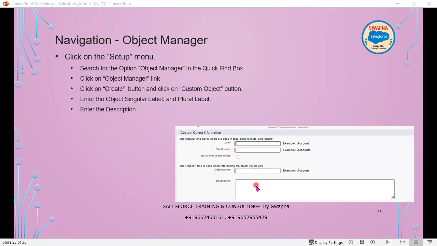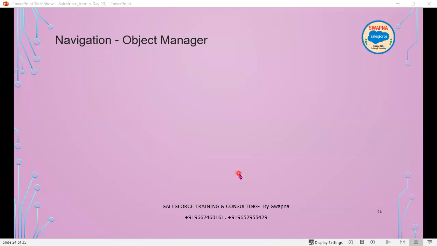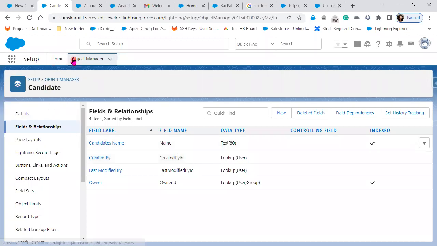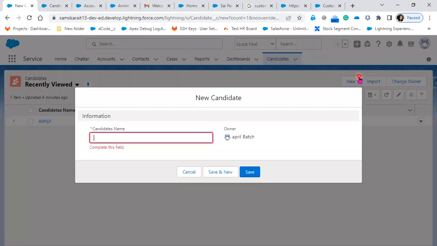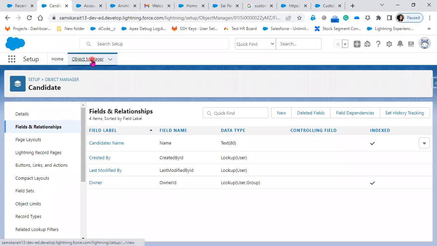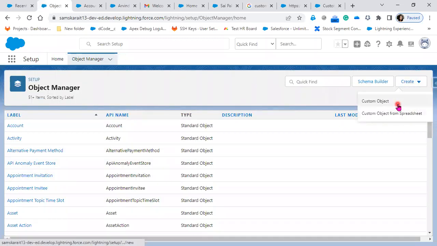So these are the details you will give. Then you will give the description, and here the object name, which is the API name, is automatically displayed. Once you create it, now let's understand the optional features section that we have in the object whenever we are creating an object. Here, whenever we click on a new custom object in the object manager,